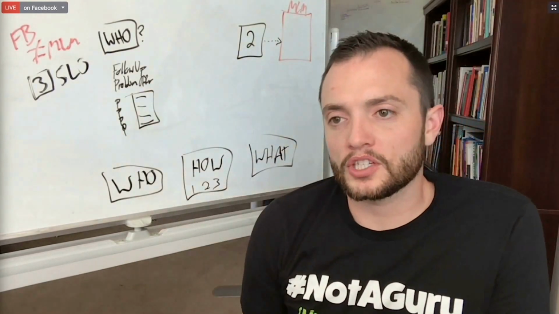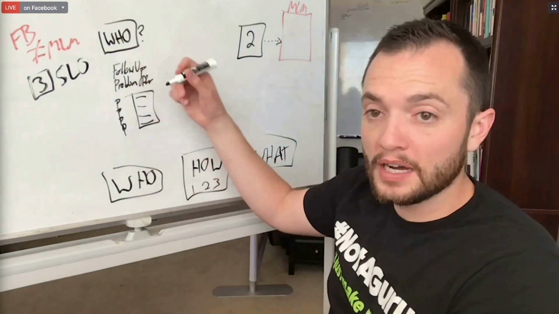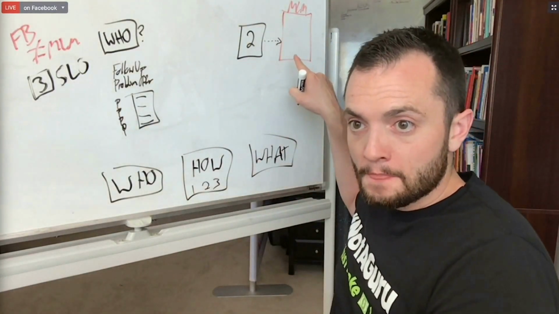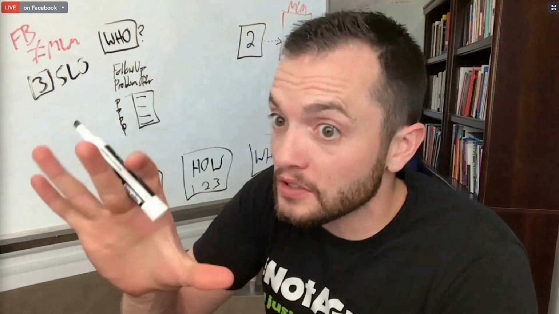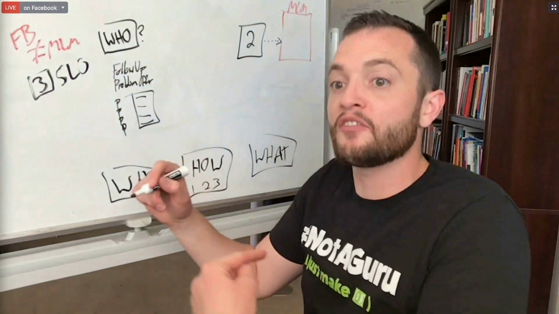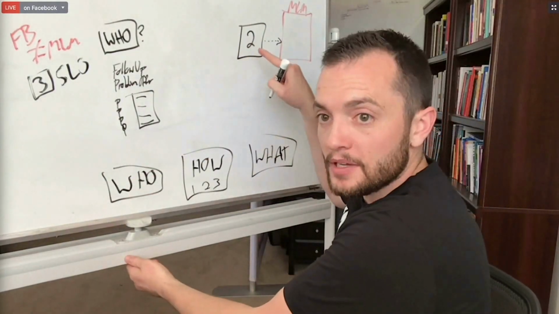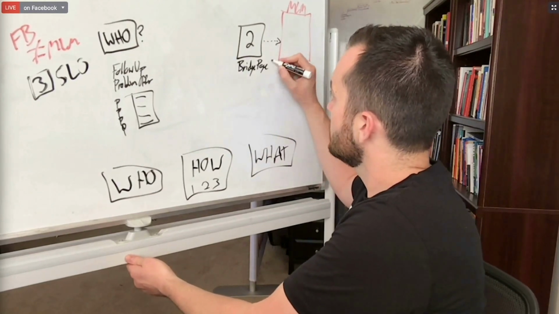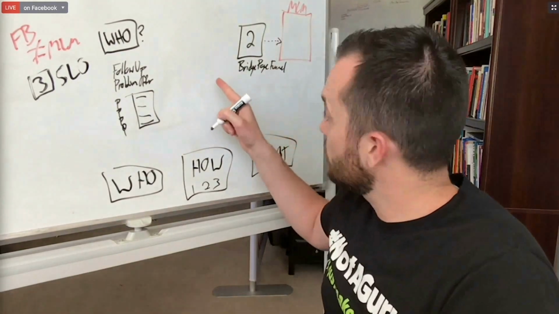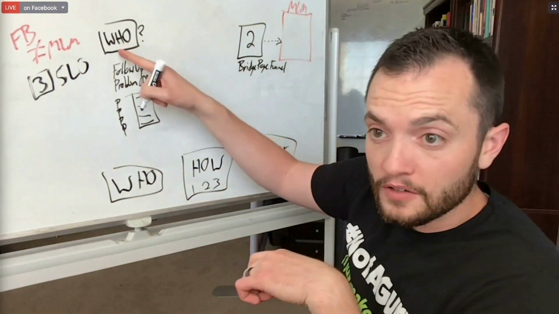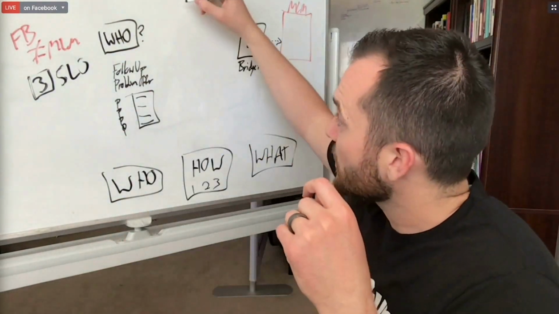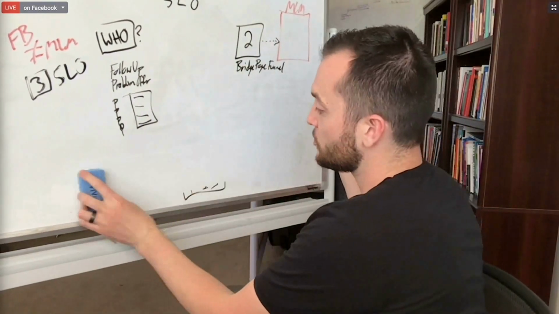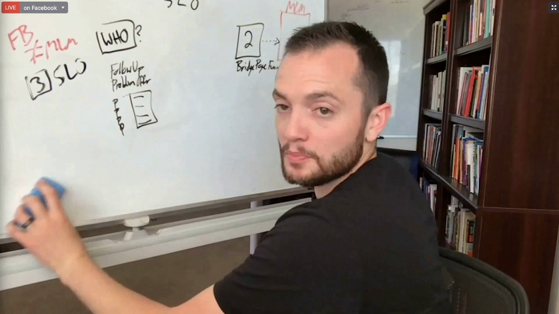So what I'm going to do is sell something to my dream who. Who is it that I wish was buying my MLM product? And I'm going to sell something else, not the product. I'm going to sell something of my own. In between them coming to this bridge page funnel and where they currently are, is going to be just another funnel. This is what we call the SLO. It is a self-liquidating offer. There is no other purpose except to break even on ad costs. Whoever can spend the most money to acquire a customer wins.